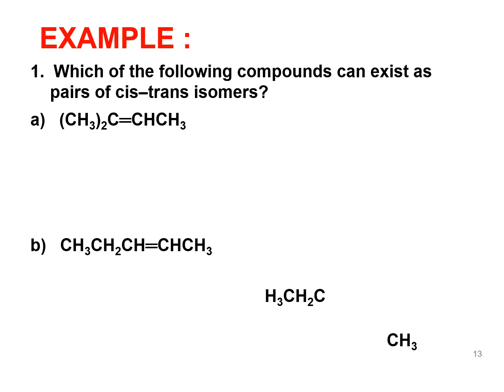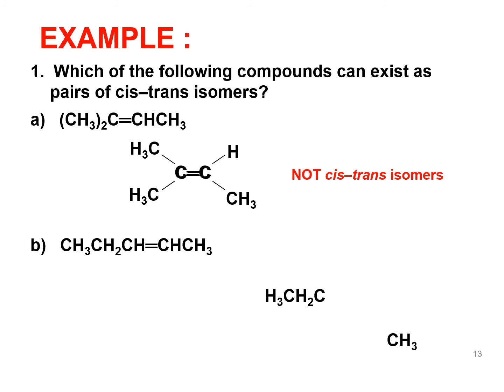Let's do this question together. Which of the following compounds can exist as pairs of cis-trans isomers? For part A, we must draw the structure in two-dimensional first, and we get the structure. And then check whether it meets the requirement for cis-trans. This is not cis-trans isomer because there are two identical groups of atoms attached to the same carbon. For part B,